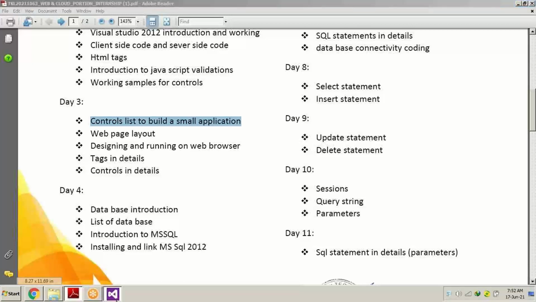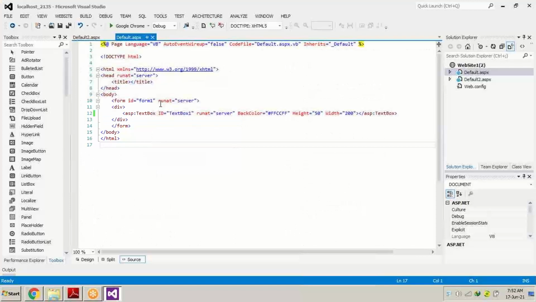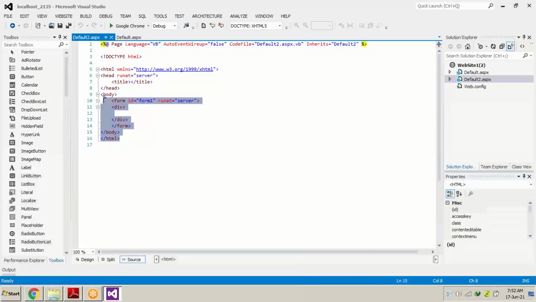So in our page default2, by default some code has been pre-written when you add a page, and between the opening div and the closing div, as I told you yesterday also, the closing tag will contain a / sign, and we have to write the tags under some tag.